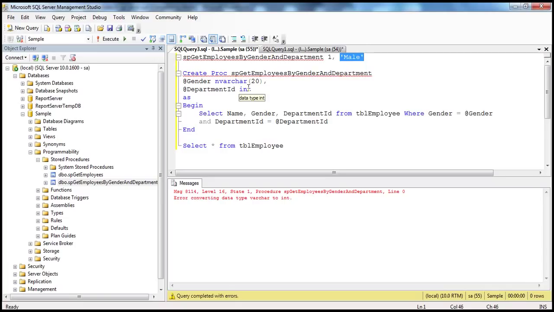Okay, so when you have multiple parameters that a stored procedure is expecting, and you're just passing values, the order in which you pass them is important. The first argument will be used with the first parameter, and the second argument will be used with the second parameter. Okay, that's why the order is important. But